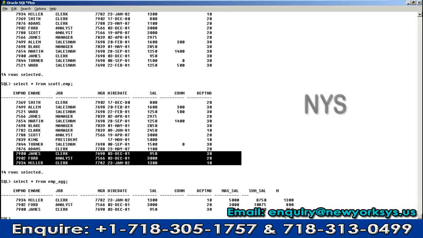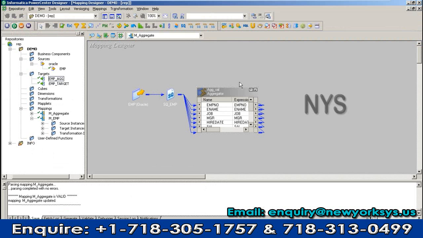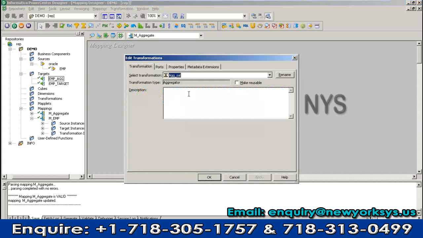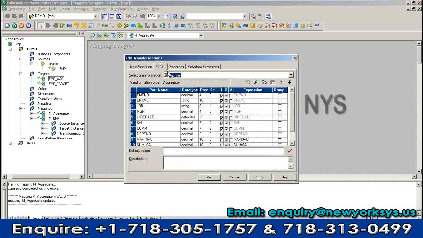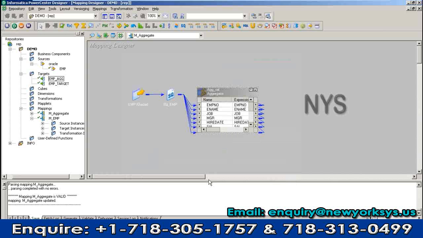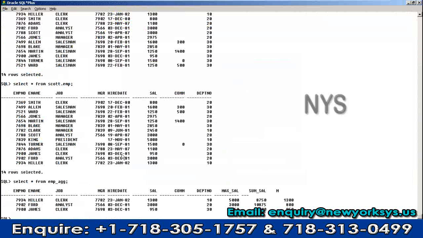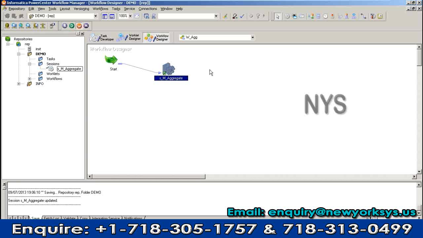So let us say I did not give any group by port on my incoming data. What will it return? No, just now we understood, right? Basically the aggregate transformation returns the last record. So let us say I did not give the group by. Whenever I run the session,